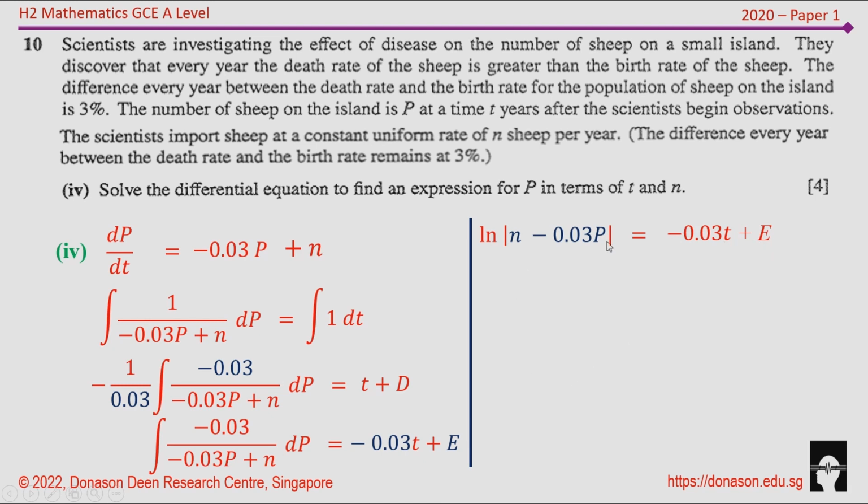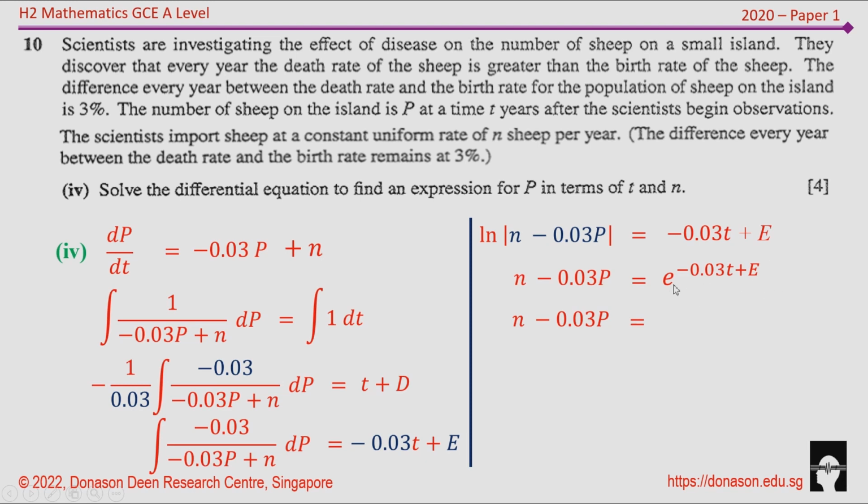Now from the ln form, we are going to change it into exponential form. So ln means base e. So n minus 0.03p is going to become e to the power of this whole thing, which is on the right hand side, which is e to the power of negative 0.03t plus e. So we need to make p the subject, right? Because the question says find an expression for p. So what I am going to do now is, if I go to the right hand side, if I were to split it up as two different